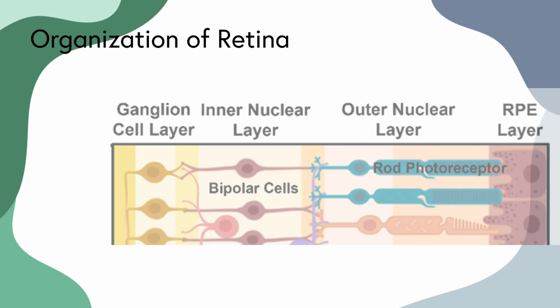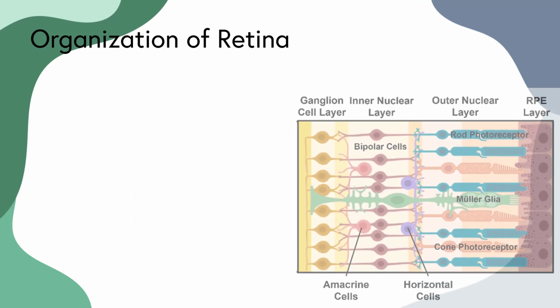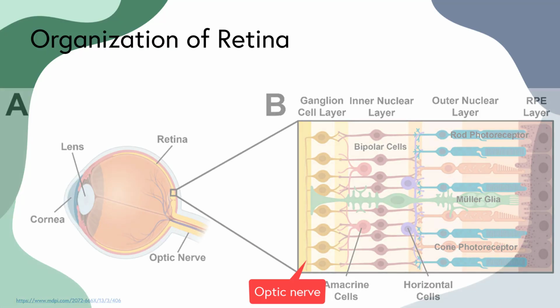The cone and rod cells are specialized receptor cells. They are not real neurons. From there, they synapse with the interneuron bipolar cells. These bipolar cells synapse with the cone and rod on one side. On the other side, they synapse with the ganglion cells. The axons of these ganglion cells form the optic nerve that goes into our central nervous system, into the brain.